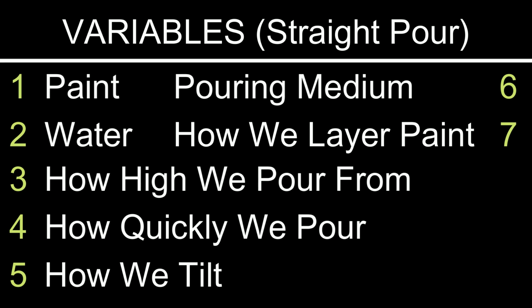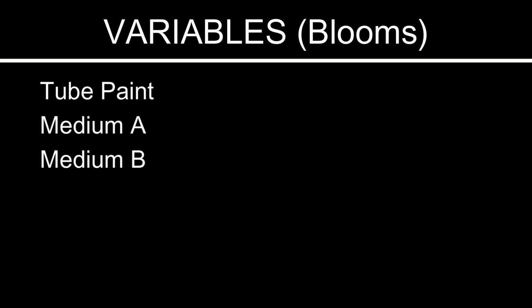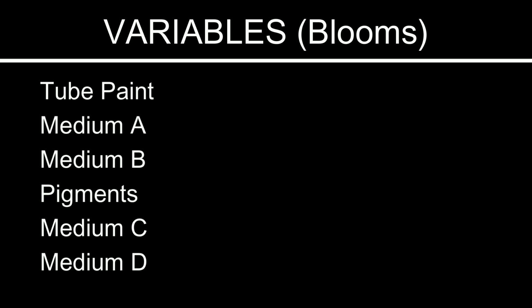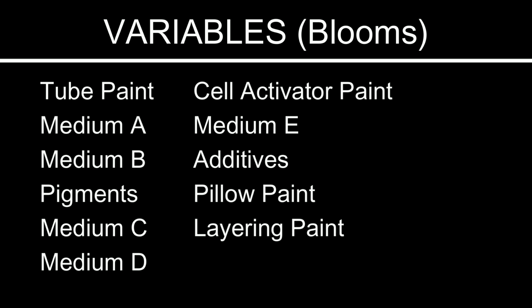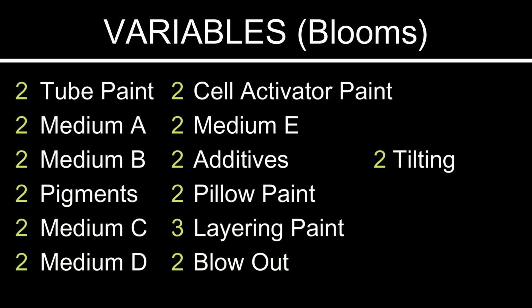With our straight pour, we only had 7 variables to deal with. That all changes with the Shelly Art Blooms technique. Here are all the variables for blooms. Tube paint, medium A, medium B, my pigments, medium C, medium D, my cell activator, medium D, any additives I might put in, pillow paint, layering the paint, blowing out our paint, and spinning or tilting. If I do the same calculation I did for the straight pour, I get